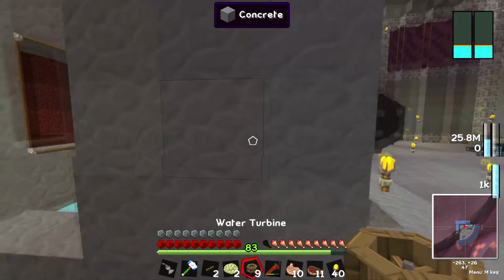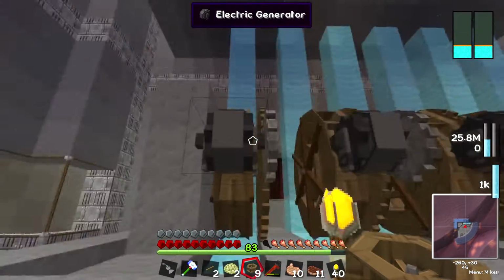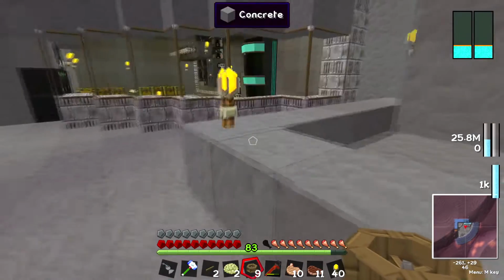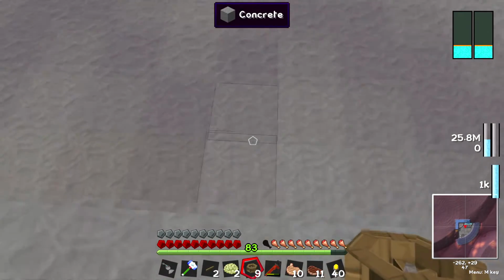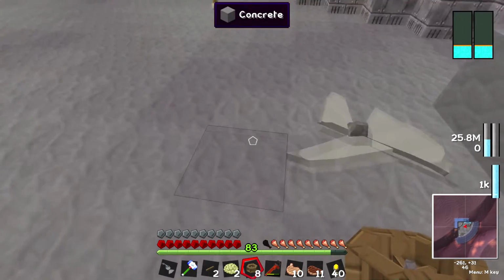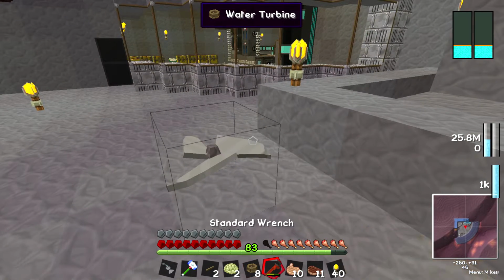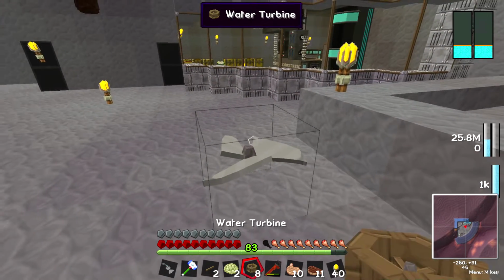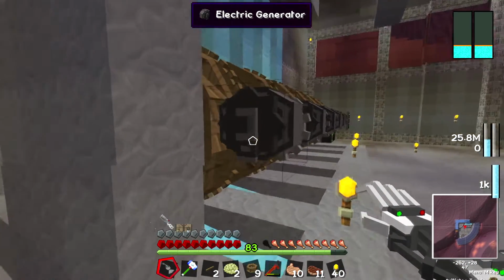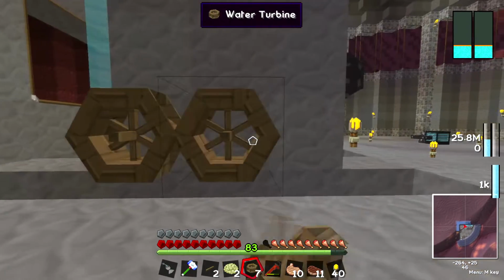First of all, when you're placing these, there's two different configurations. You can have sort of like the vertical setup, like they are now, or you can have the horizontal setup that we saw in the last episode, and the difference is just in how you place them. There's the horizontal setup, and if you put this in a 3x3 square, where they all look like that, and then right-click on them with this silly standard wrench, it will make the horizontal metal turbine-looking thing, whereas if you do all the wooden ones, kind of put them on a backdrop like that,